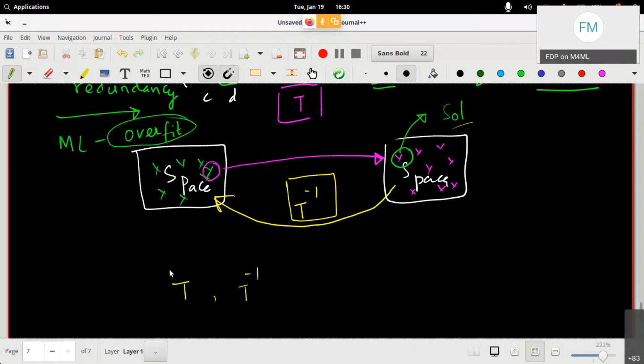So this is about change of basis, change of space, or change of basis vector in space, right? So